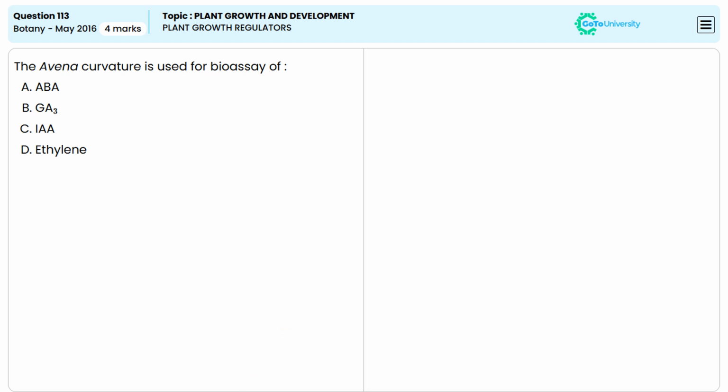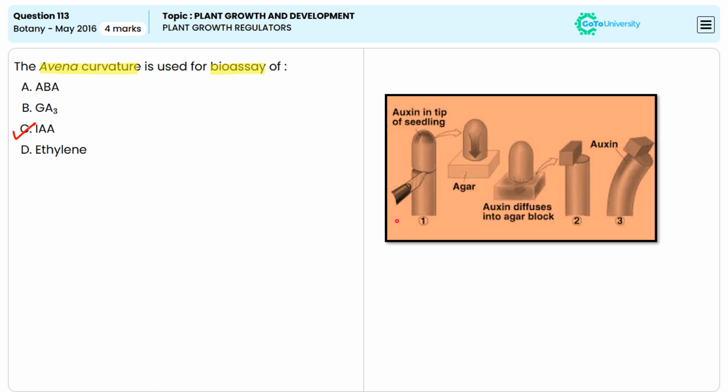The Avena curvature is used for the bioassay of which among the following hormones? The answer is option C, IAA, that is indole acetic acid. So the Avena curvature test is a bioassay used to measure the activity of the hormone auxin, which is specifically